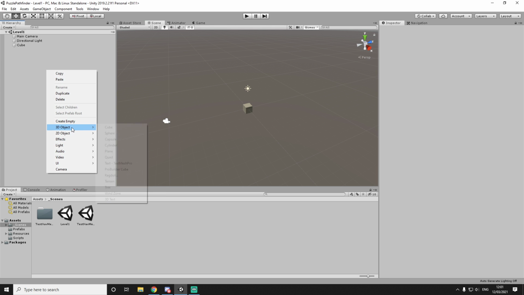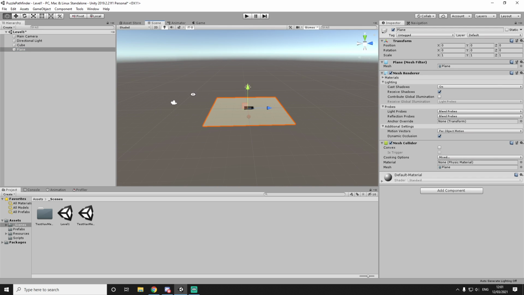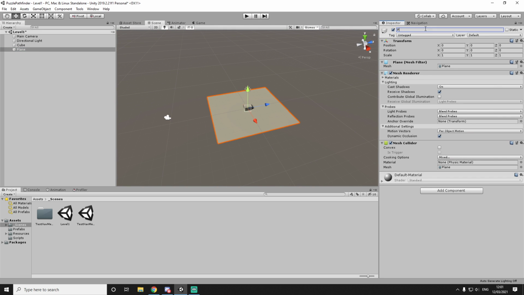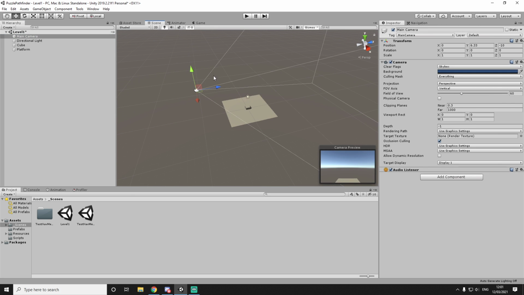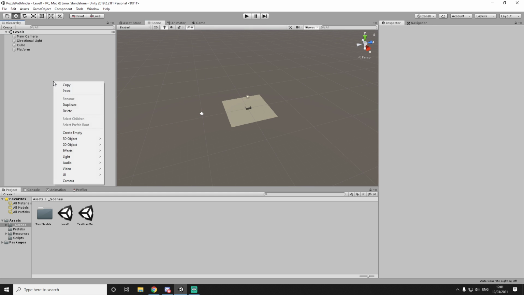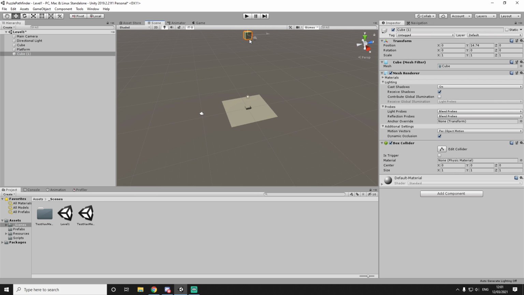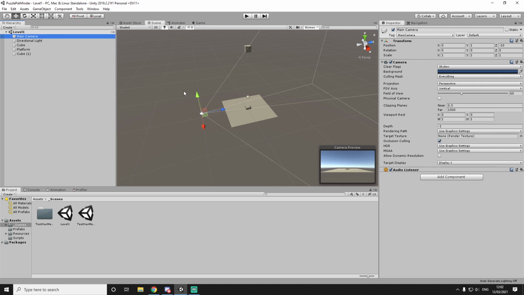So what I'll do is start off by creating the base, which is the platform. So we're just going to create a base like this and call it platform. Now I want to make sure that the camera. So for the camera, let's just create a cube for now and place it above. We're just going to leave it here for now. And let's prepare the camera angle,